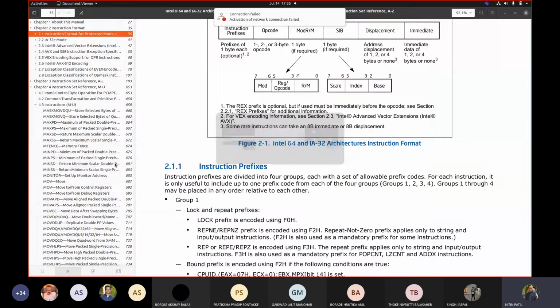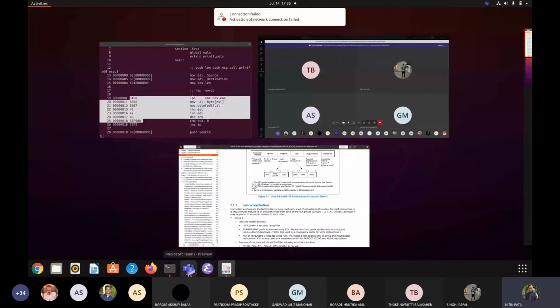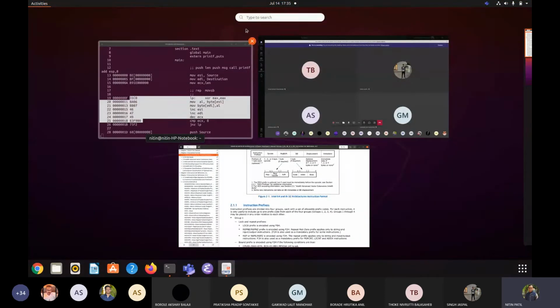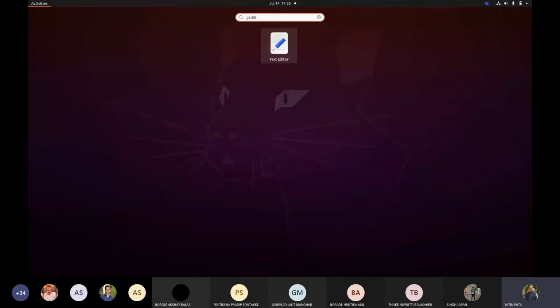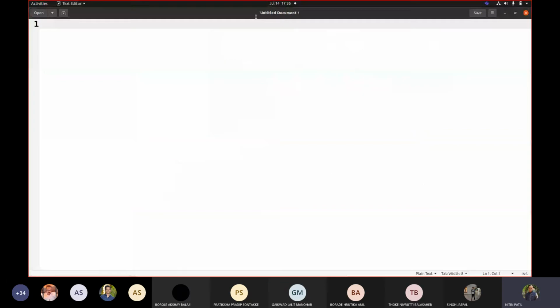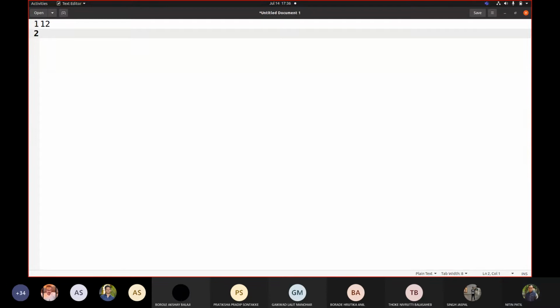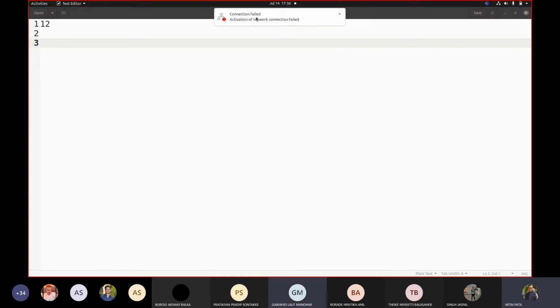Correct? So let us go back to our regular formula of using the file. So let us take gedit. So now what value do we have? 12. Let us write this 12 in binary. How will you write it? We have to fit it in a byte. This decimal 12 is to be written in a byte. So 0, 0, 0, 0, 1, 1, 0, 0.